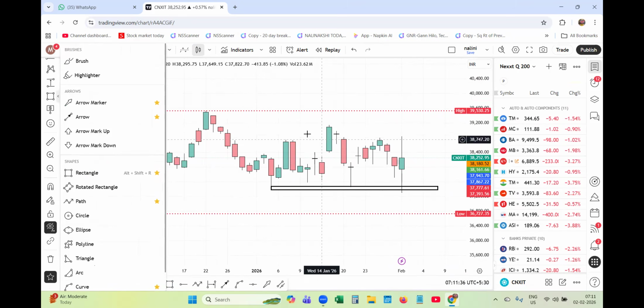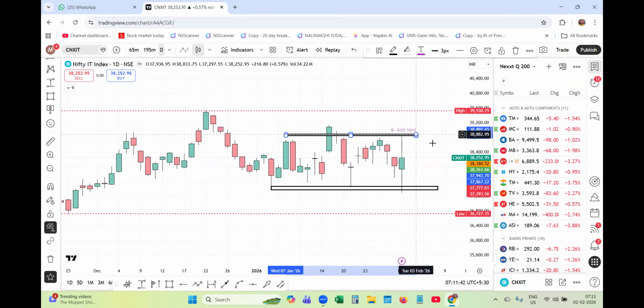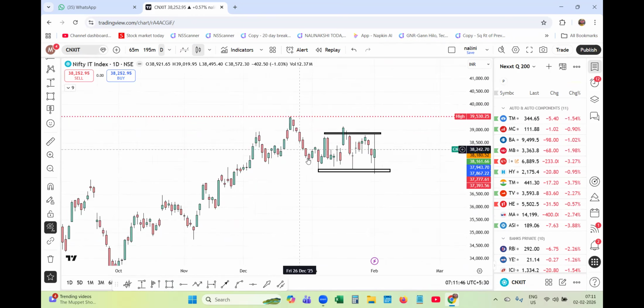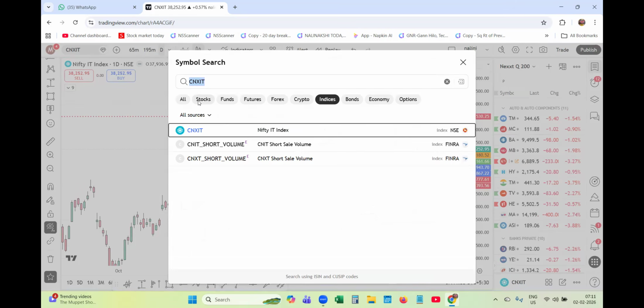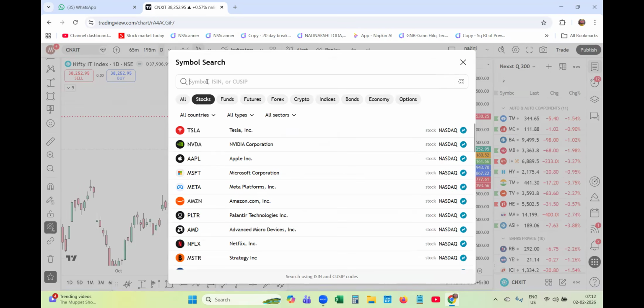It is also within a range, but some sort of positivity we can see in the IT index. The IT index has come down, taken liquidity and closed inside. Temporarily, the IT index is positive,